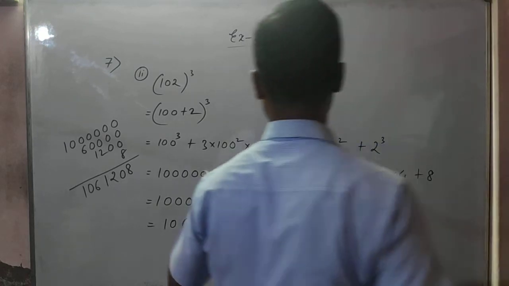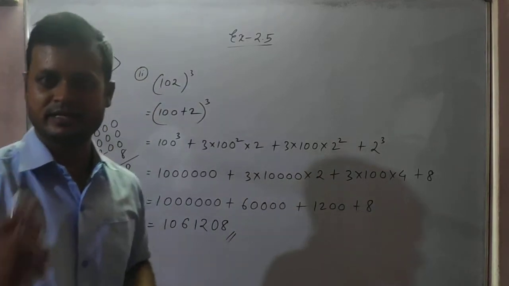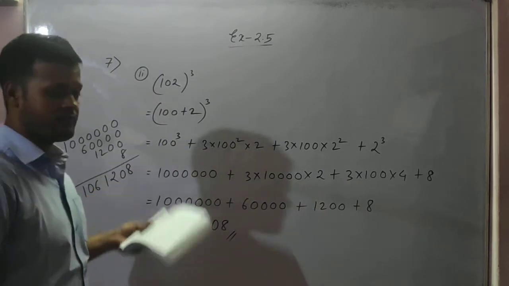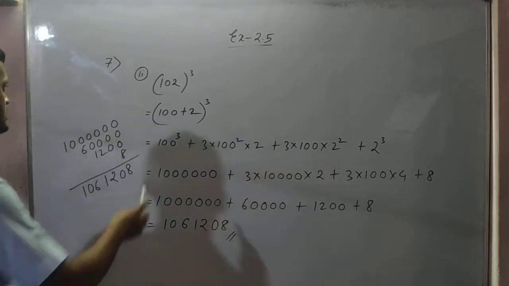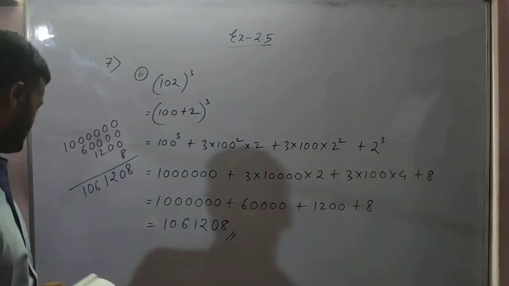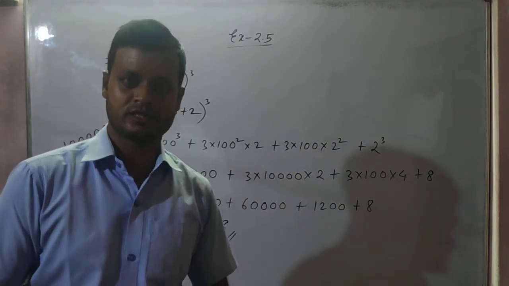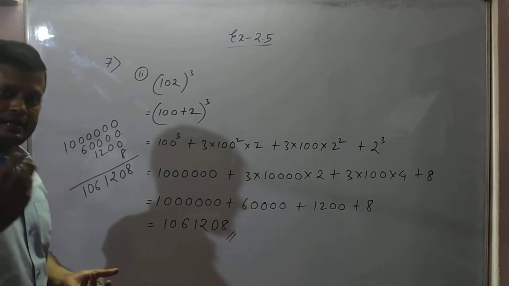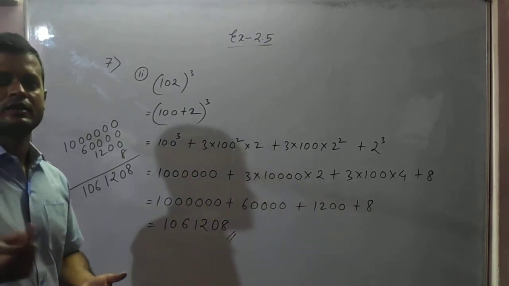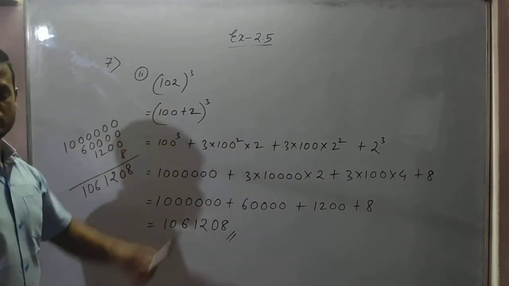So here, students, 102 whole cube. Last question was 99. In place of 99, I wrote 100 minus 1. In place of 102, can I write 100 plus 2? It will be far more easier. When terms like 10, 100, 1000 are there, it is quite easier to multiply, isn't it? That's why we take this kind of things. We could have taken 90 plus 9 also, but that will be tougher for us. 100 and 10,000 and 10 and 100, these all things are easier to cube and multiply also, isn't it? So 102 I wrote 100 plus 2.